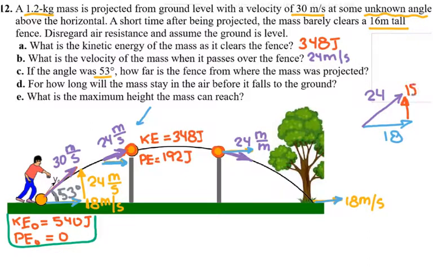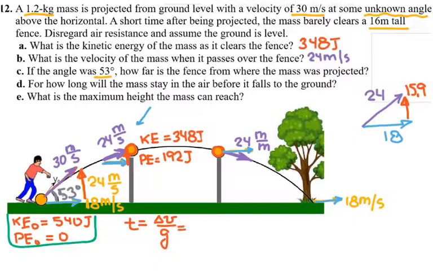15.9, so 15.9 meters per second, or I can say 16 meters per second. So the vertical velocity right here as it passes over the fence is 16 meters per second. So it went from 24 meters per second to 16 meters per second. The time it's going to get to the fence is the change of the vertical velocity over the acceleration, because it